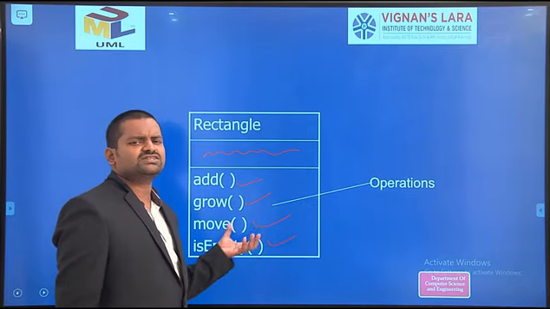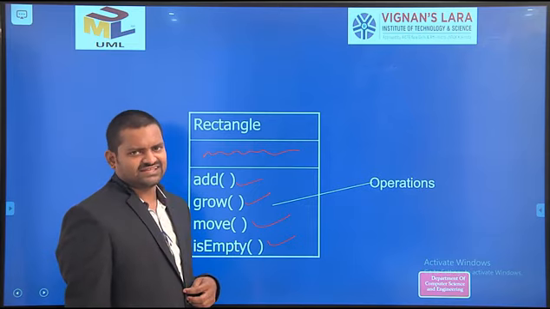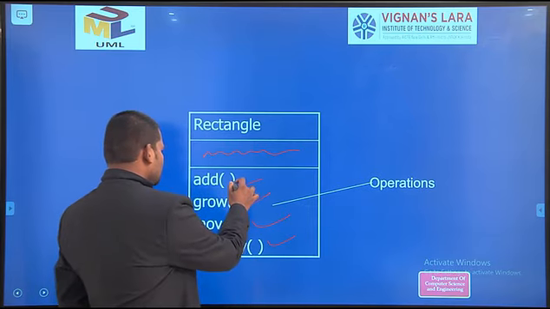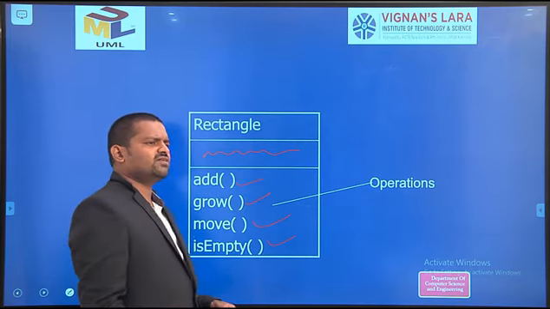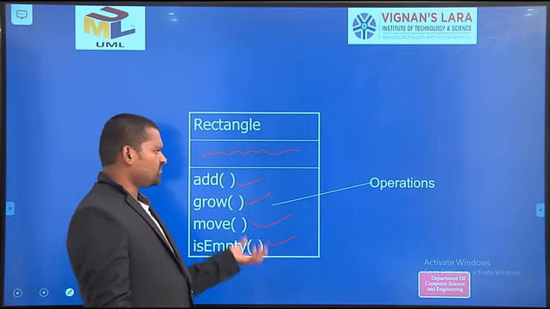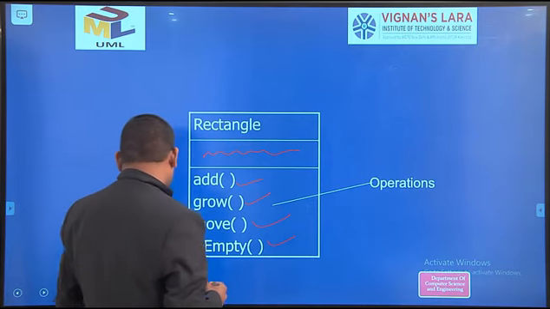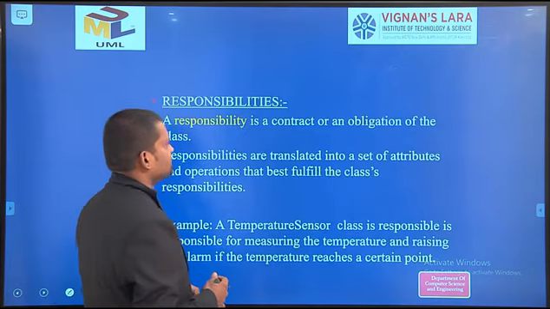All are the operations included in the rectangle class. Also, we may call these functions, or in object oriented analysis we may call them operations or methods. Remember, methods. We are calling all these operations methods.